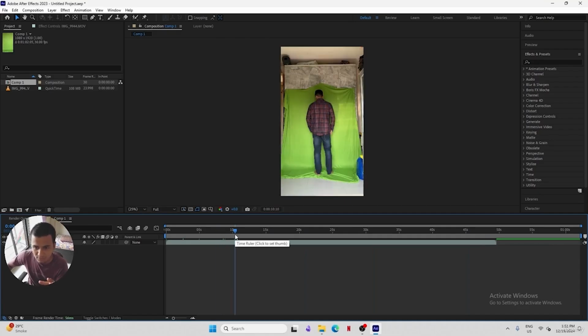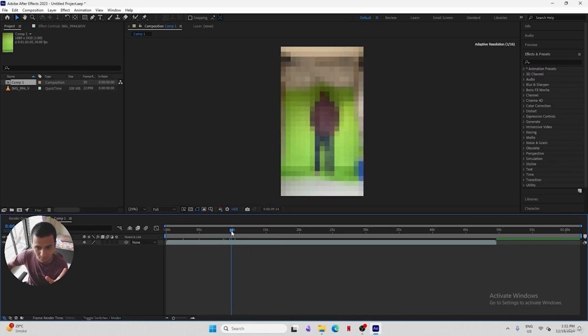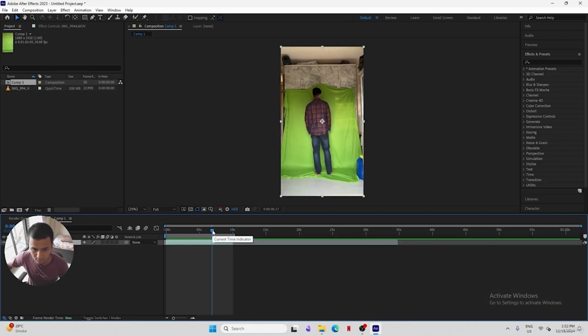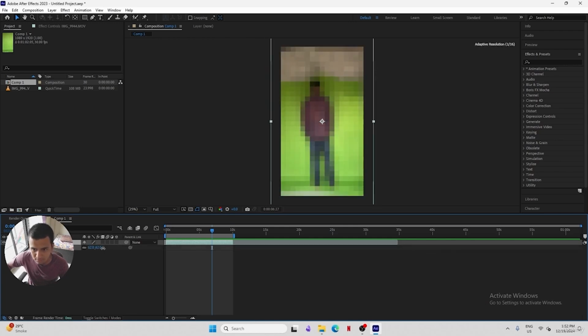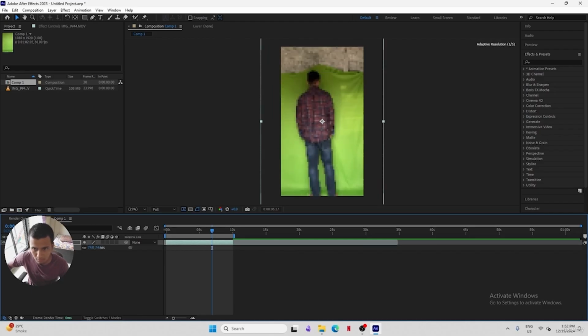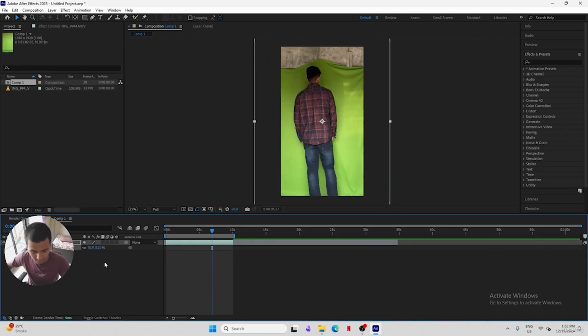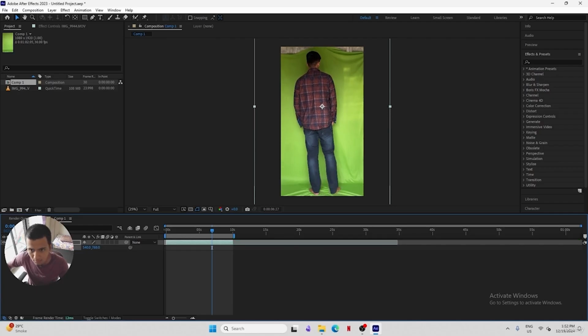It's a very long footage, so I'm gonna search for a proper at least 10 seconds, which I think should be perfect. Okay, so now what you have to do is, let's just zoom in slightly and then press E, and yeah, this is proper. And make sure that whatever your movement is, it's not going outside of the green screen,